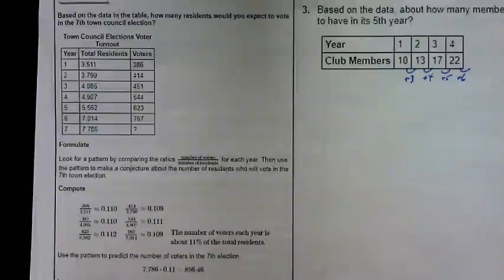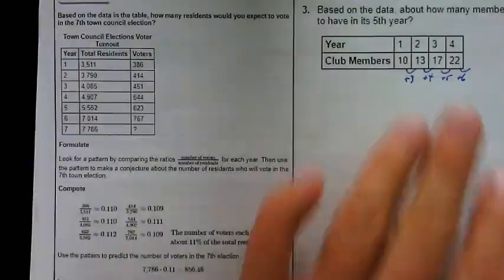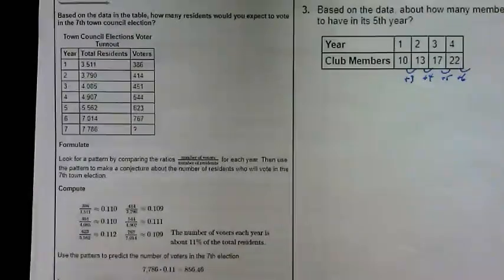Do you have something similar? Did you do it a different way? Same thing? Anybody do it different than that one? All right. Can you give me a way to describe that then? So some of you guys said that you have the same idea. How would you describe that? What are you actually doing then? Because you need to be able to express it in words somehow. So based on the year number, if I wanted to find the 5th year, what am I actually doing? I'm taking